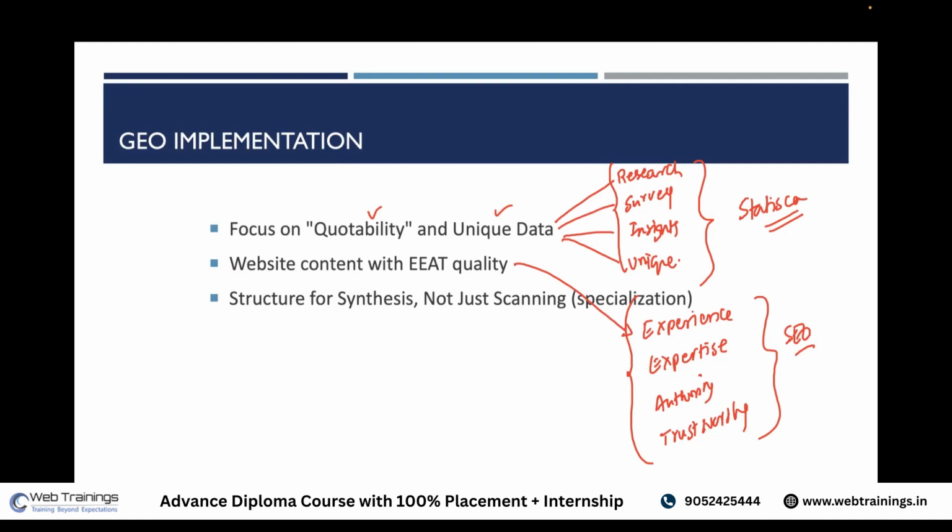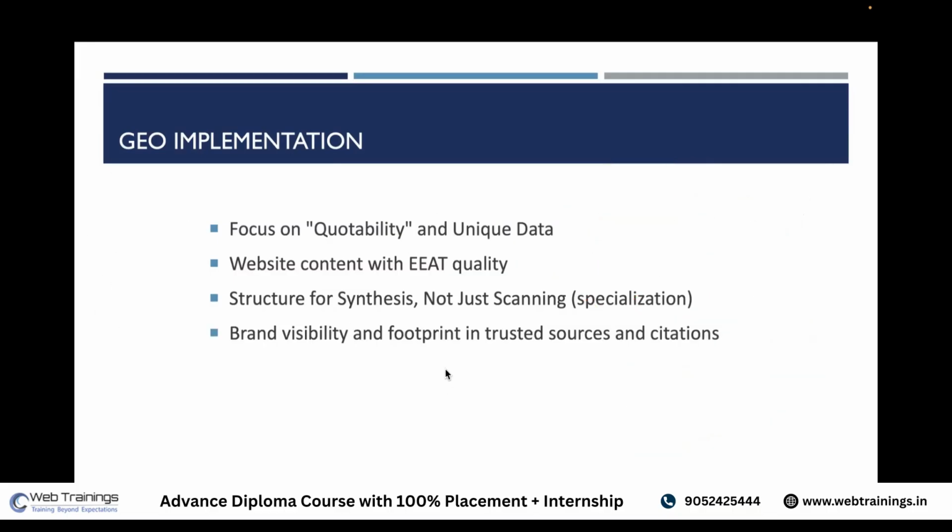That's good for AEO. But for the main content, for the main topic, you have to go into the depth of the subject, because generative engines like those websites which go into depth, not just an overview, not just a one-line definition. So it should be in detail. For example, if you see this point, they're all actually just structure, because I'm explaining the detail in that. But for GEO implementation, in each of these, you should have a lot of sub content. Only then we can say that this content is good for brand visibility and footprint in trusted sources